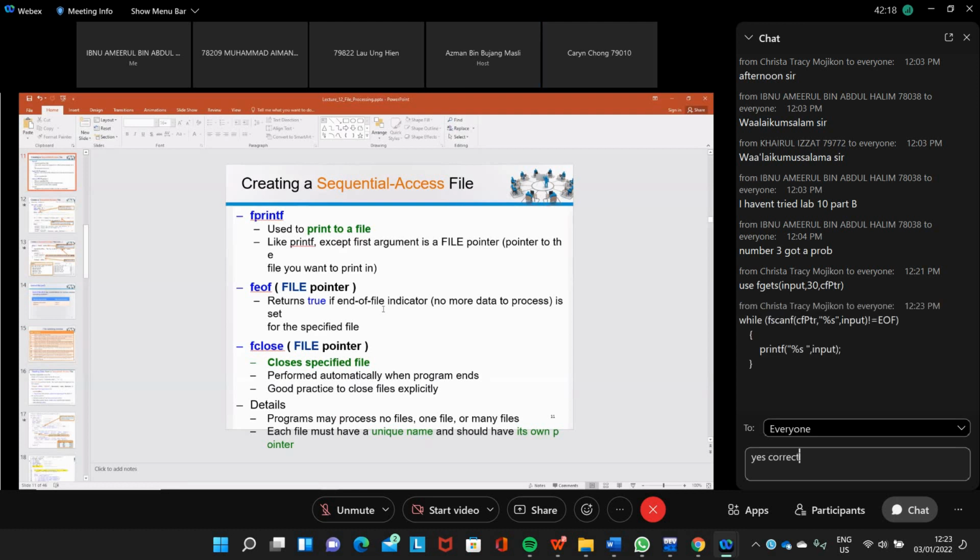Printf input while fgets input 30. Oh, use that one.